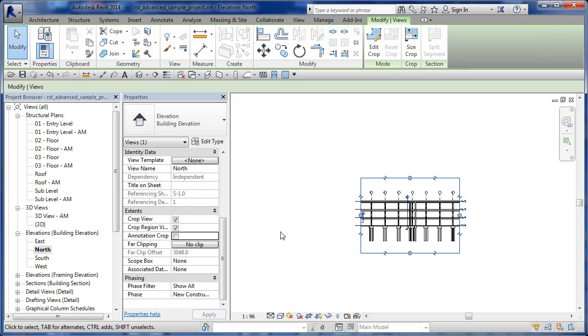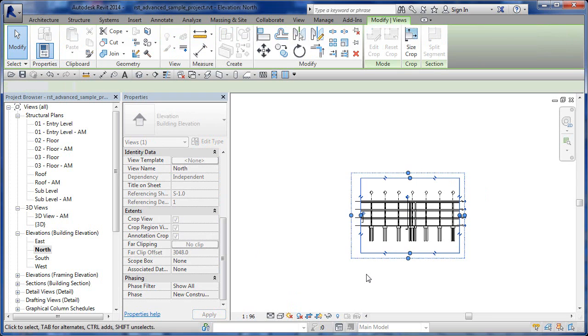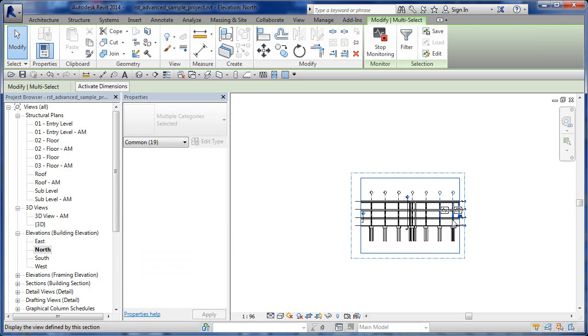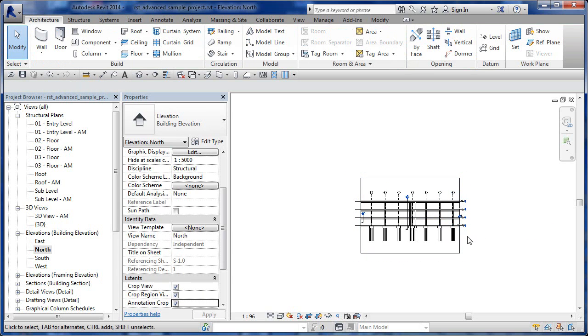Okay, you can turn it off. No annotation crop region. Turn it on. Allows you to add in that text buffer zone. Once again, it is clipping. Okay, and this is really what, if I can grip on this,